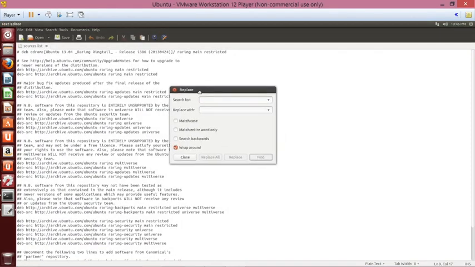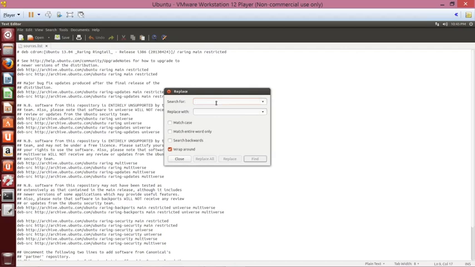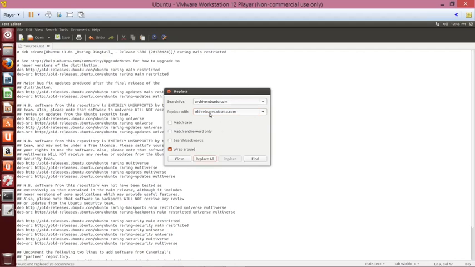Now the replace window appears. Type in the search for archive.ubuntu.com and in the replace with, type old-releases. Do not forget to use releases, not release. It is different, and it will fail if you mistype the information here. And click replace all, and now change the archive to security,